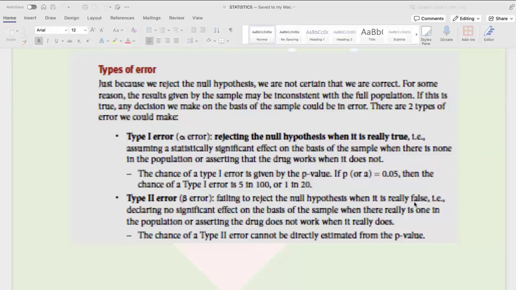Now, does it really matter if you remember this or not? No. Most of the time it doesn't come in the exam, so don't bother. But just try to understand: type 1 error means you said, yes, I have developed a drug which is superior, I reject the null hypothesis, but actually you couldn't. And type 2 error is you said, no, I can't reject the null hypothesis, my drug is not superior, but actually it was superior.